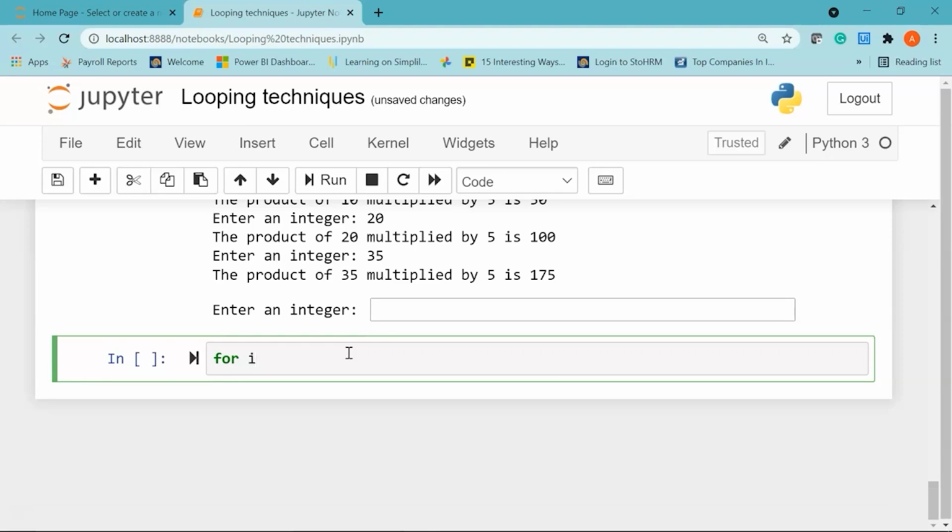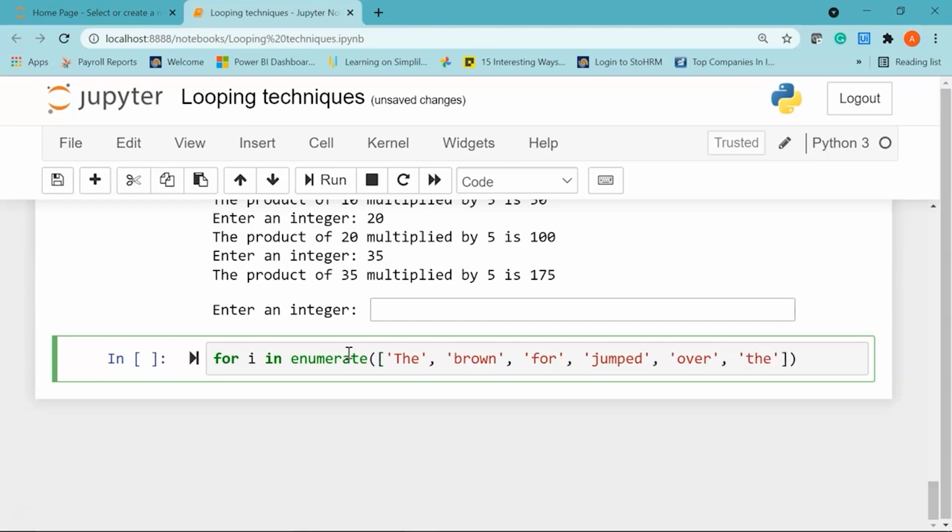So I'll directly start with my for loop. I'll say for I in, I'll use the enumerate keyword, and within brackets I'll pass in my elements in the form of list. I'll say the, let's say, then we have brown. The next word I have is fox. Let's say, then we have jumped. This is basically a sentence broken down into different words, and those words we have put as elements in the list.